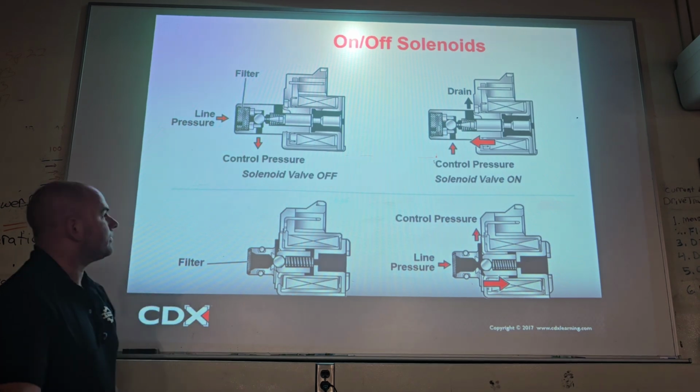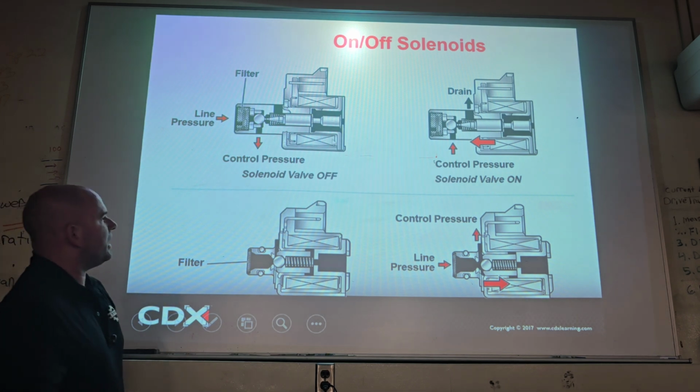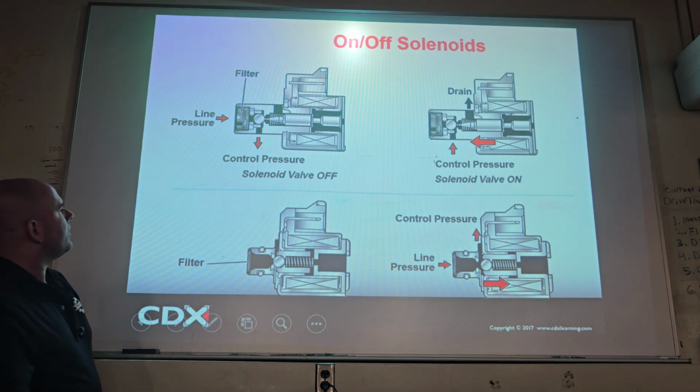Now about the solenoids. Here's your on-offs. And by the way, these can have a little filter and a little screen. But basically, if we have this off, there's going to be really no pressure flowing. There's going to be no fluid flow. And then if we end up going on, you can actually see we're going to allow big pressure to flow right here. Now, there may initially be some pressure that's just kind of over here, going in and out,